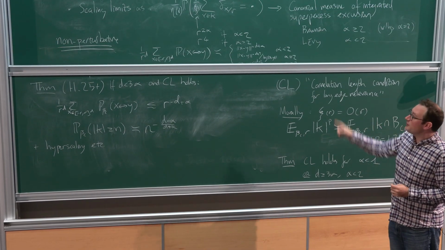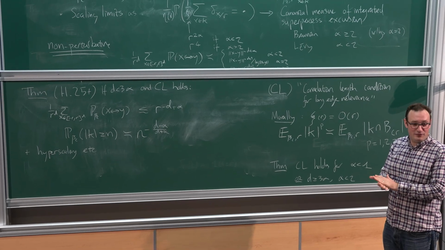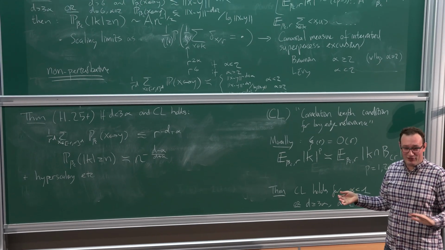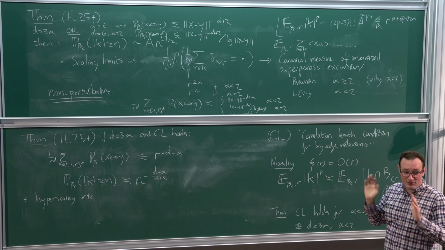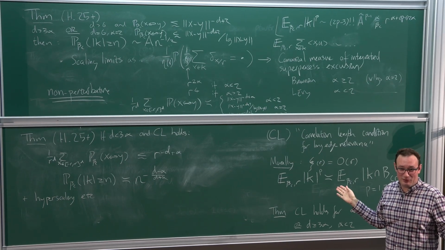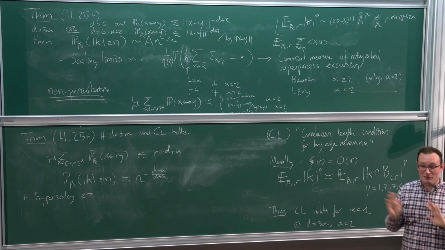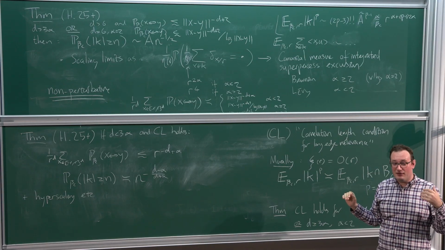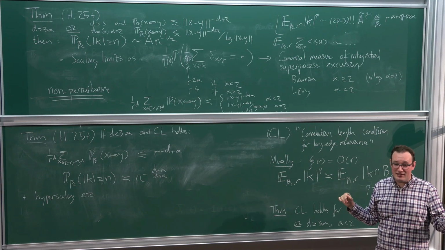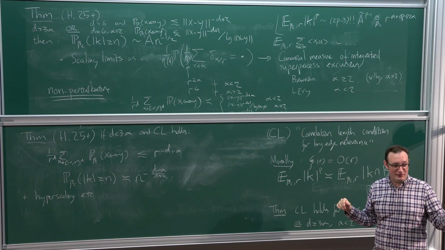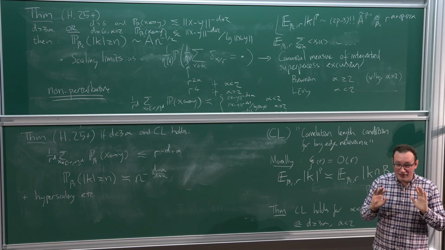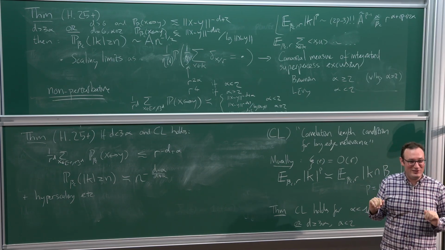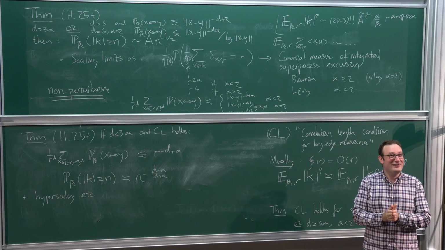sketch some of the proof in the high-dimensional case, which in some sense is much easier than everything that came before. And the interesting thing about this case, D bigger than 3 alpha, is that it doesn't use any of the previous results that we proved on the 2-point function or anything. It's completely from scratch. And in fact, the method works exactly the same for self-avoiding walk and Ising and lattice trees and so on. It's really a very general and quite easy, powerful method, which I'll tell you about after we